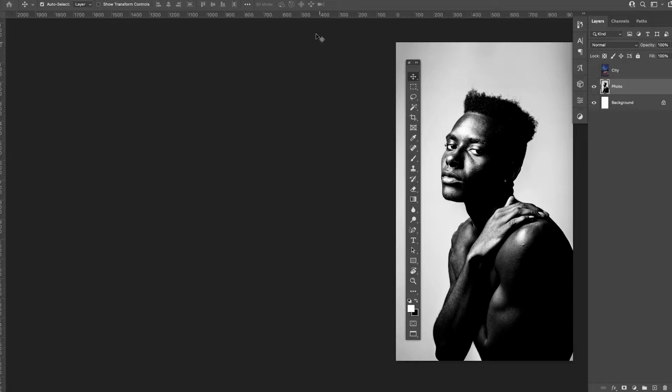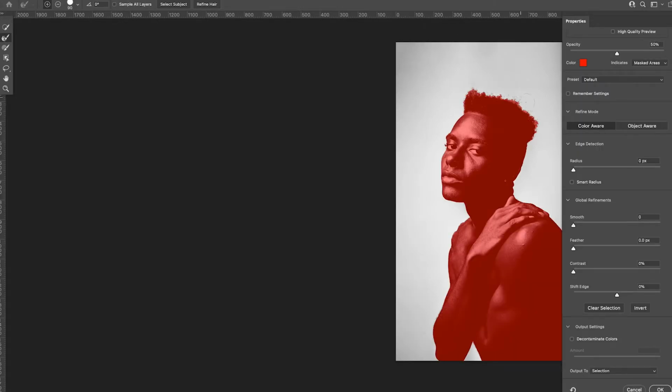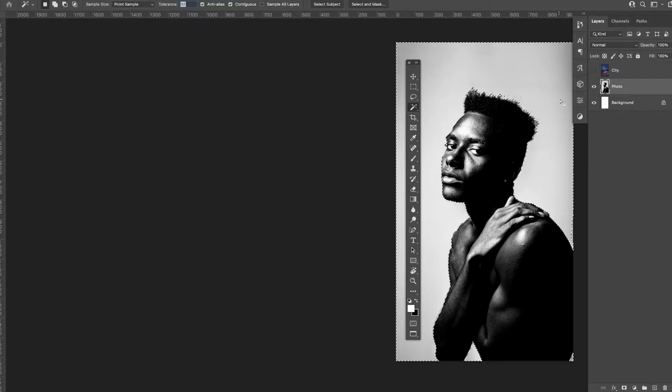All right, guys, so the first thing you need to do is convert your image into black and white. I have a black and white image here. I'm just silhouetting my image using the magic wand. Once I have that selected, I click on select mask. Once I have that, make some adjustments in there. If you need to, click OK, then invert the selection with Command-Shift-I, and then just duplicate that silhouette